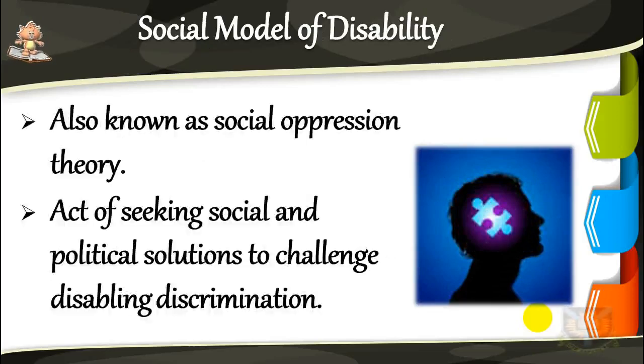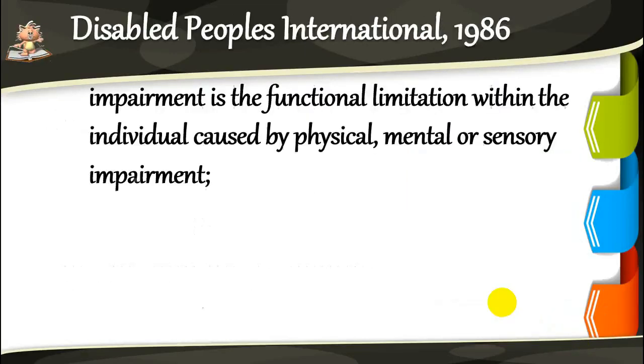While respecting the value of scientifically based medical research, this approach calls for more research based on social theories of disability. If research is to improve the quality of disabled people's lives, definitions are central to understanding theories of impairment and disability. In 1986, Disabled People's International made a clear distinction.